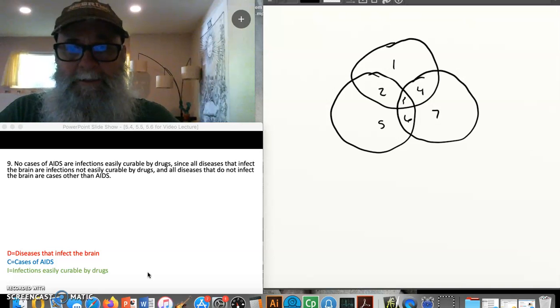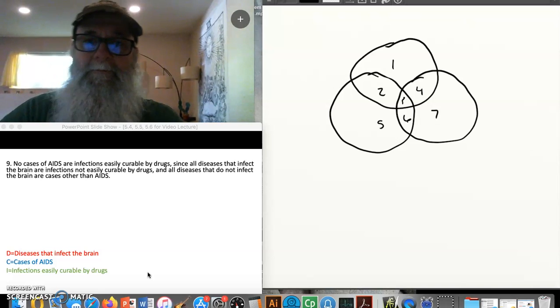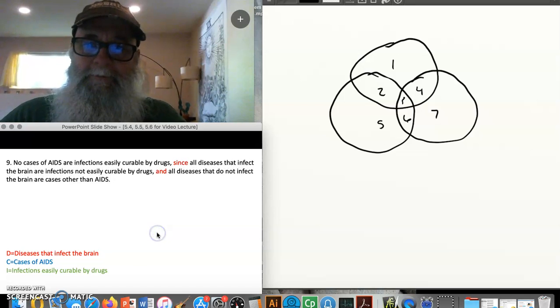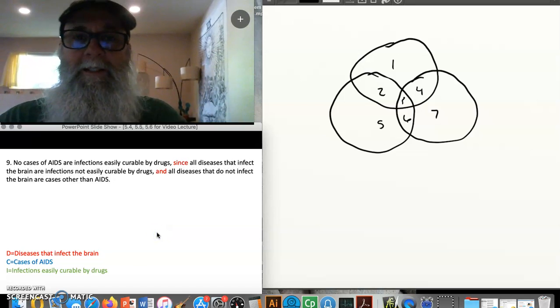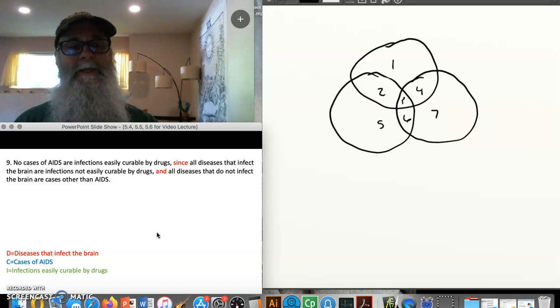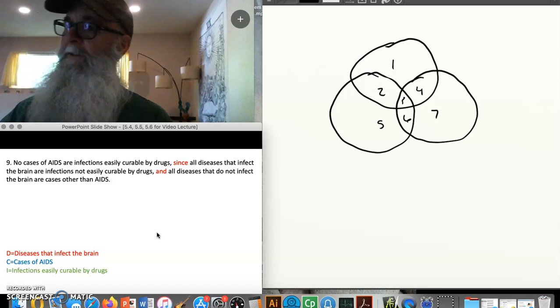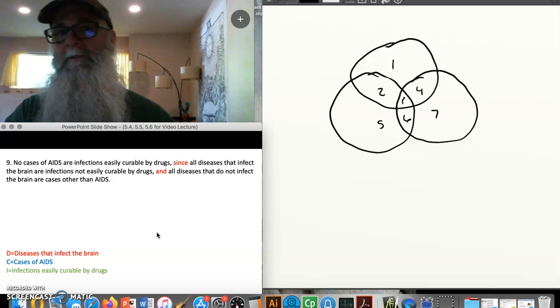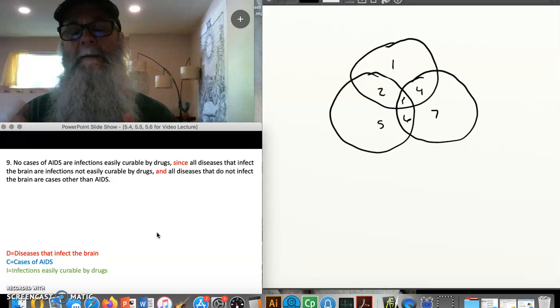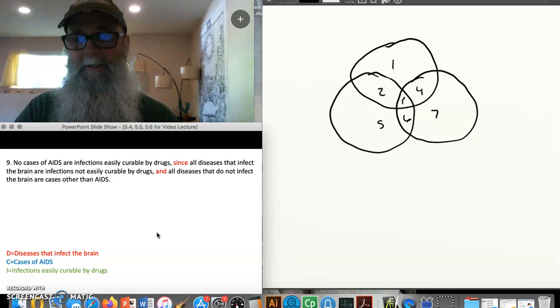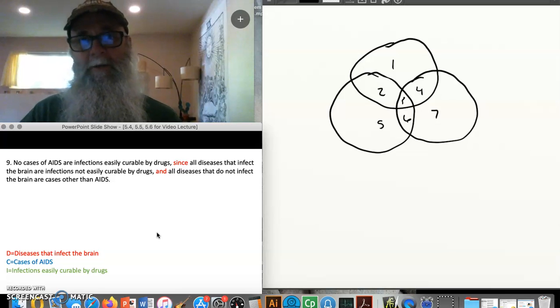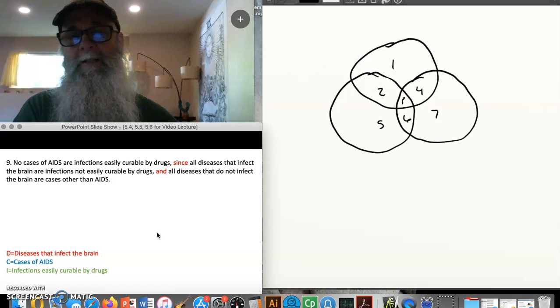All right, so when I look at this, I see a couple of things. I see the word since, and I see the word and, and these are important to me. Since is oftentimes a premise indicator. So I know that what follows since could be a premise. I also know that if somebody's offering me a premise indicator word, then they must have just offered me a conclusion, because that premise indicator is saying, I told you what I just told you because of this reason. So I know that what comes before the premise indicator word is likely the conclusion.